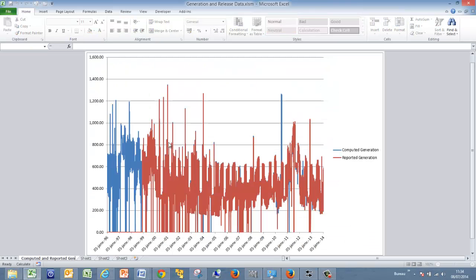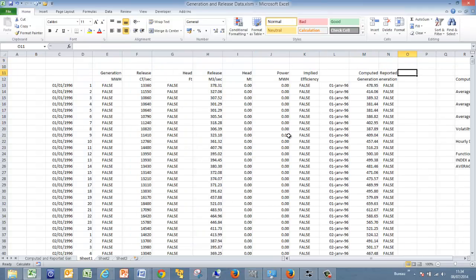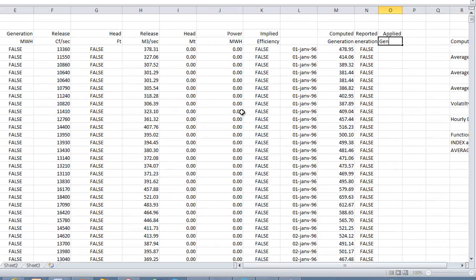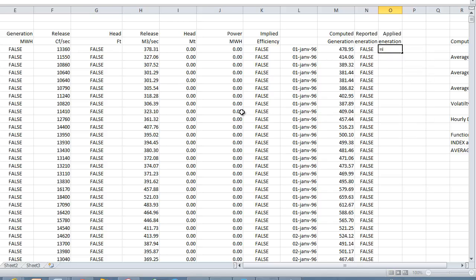Okay, so here's the result of the F11. I had to pause the video. We have some problems here with this reported generation, I think there were some zeros in the data, so we're going to fix that one and then continue. Okay, so let's put applied generation, and let's put if this is greater than 0, then we'll use it. Otherwise, we'll use the